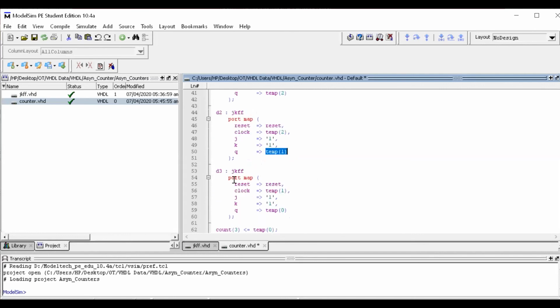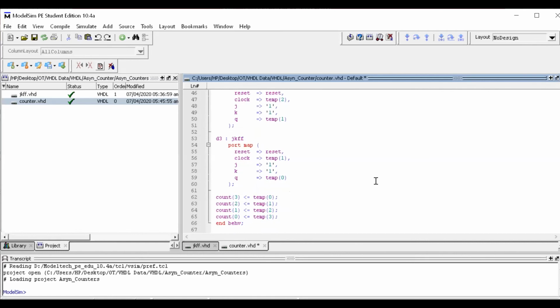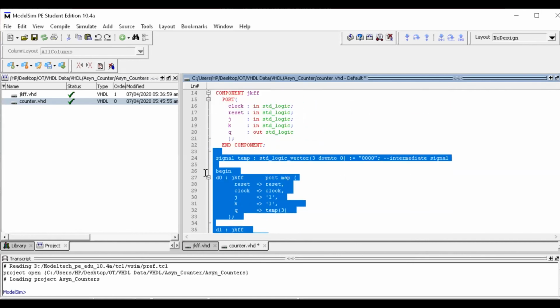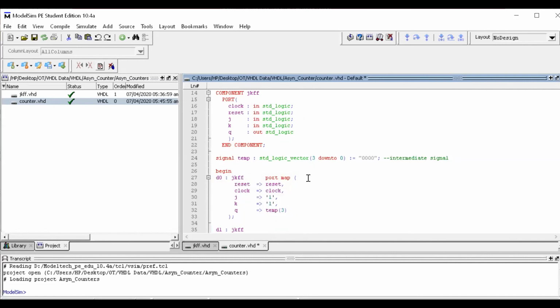At the final stage, the clock is temp 1 and Q is temp 0.